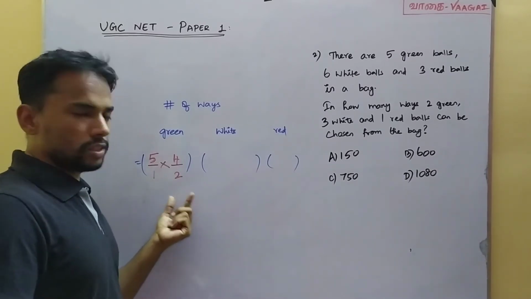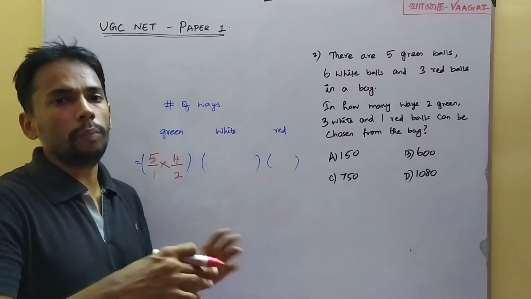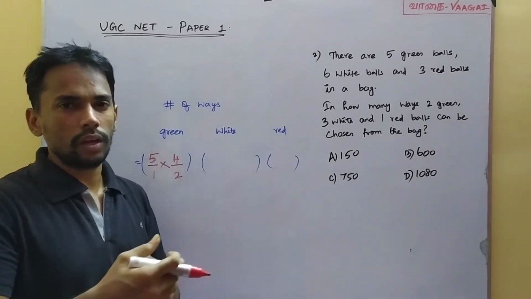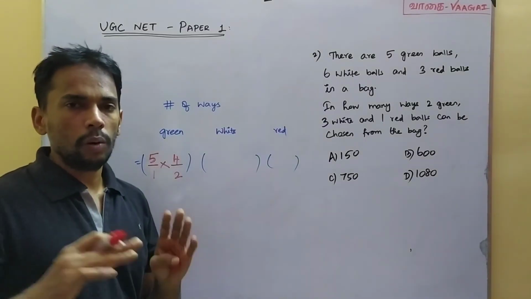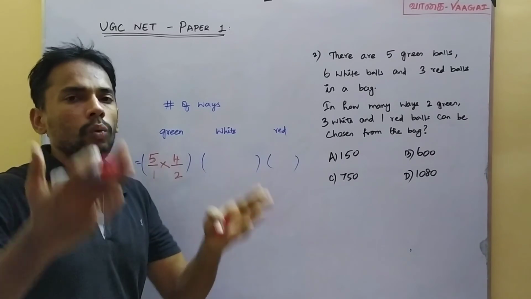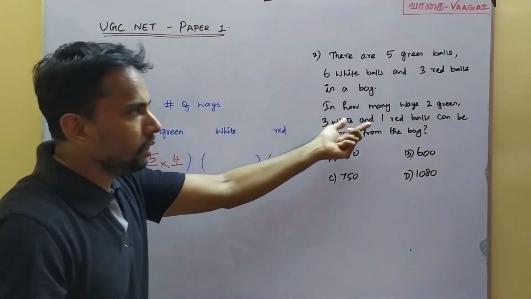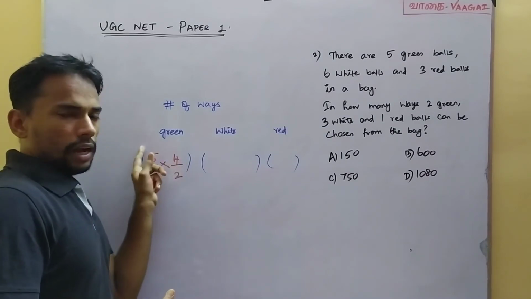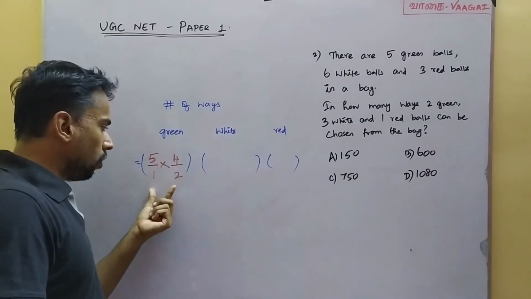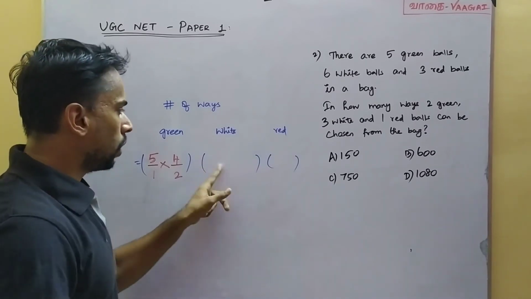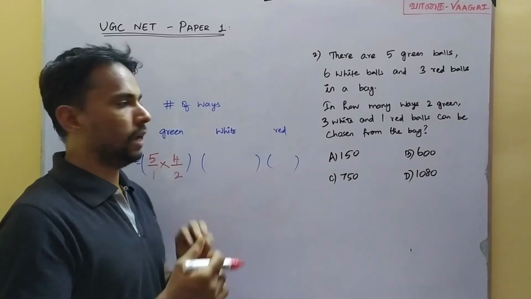Actually, this concept comes under combination. This is a combination concept. When we go there deeply, we will be able to know more things in detail. But for us, this alone is important. So whenever we have more than 1 color or more than 1 item to be chosen, just remember to make your numerator as it is, but the denominator we also have to divide. This is how the calculation follows. Now come here, you will get even more clarity.